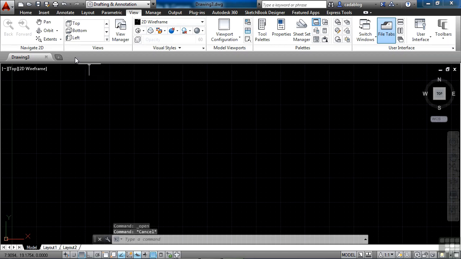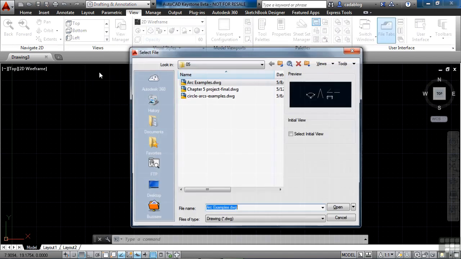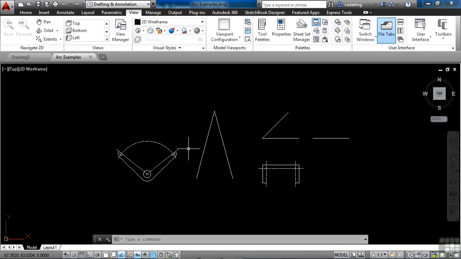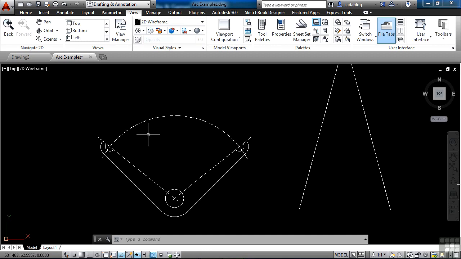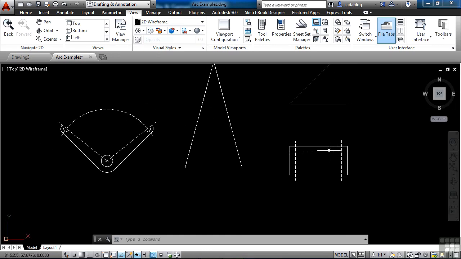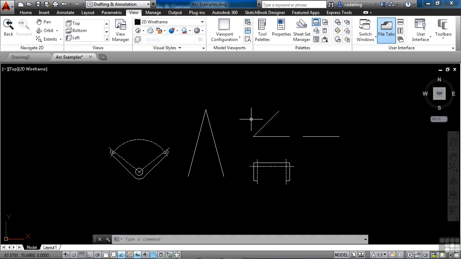I'm going up to my File tabs. I have them open for this time. Right-click on the File tab area and click Open. Browse to this section and look at the file called Arc Examples and open that one. So here we have some line work already created for us, a little caliper or bracket and a series of lines and other things, so that we can go ahead and work right in